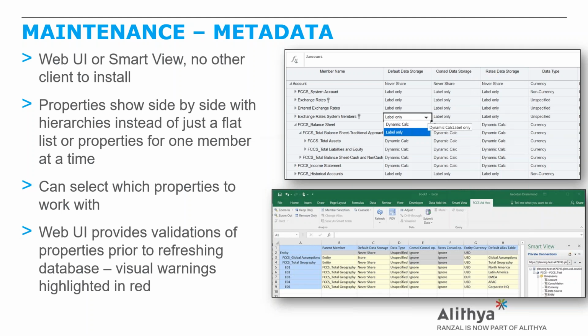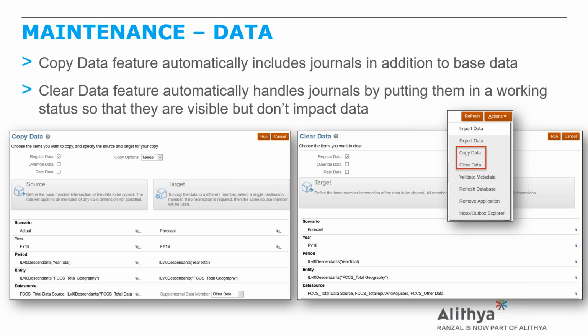On the data side for maintenance, there are a couple of enhancements for both copy and clear data. Both of these relate to journals. And if you've ever used these kinds of features in HFM, you know that this typically handles just the base level data,